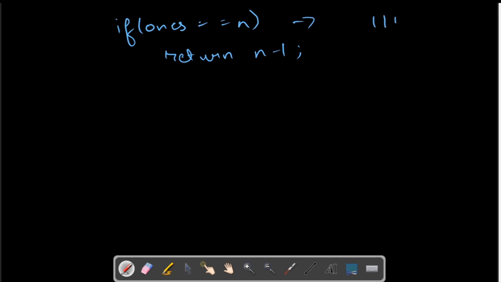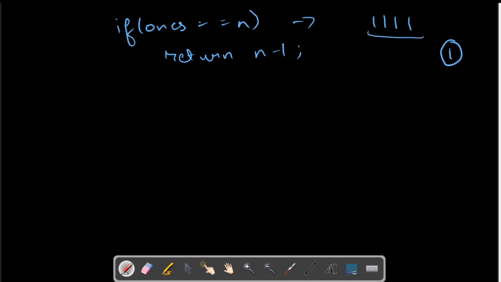First we can check if the number of ones is simply equal to n. We can simply return n minus 1. In this case, if we have all elements as 1, we have to apply the operation once, and it should not be on an empty subarray.